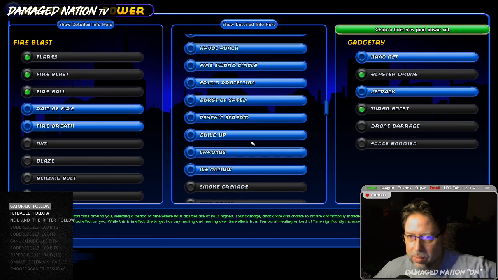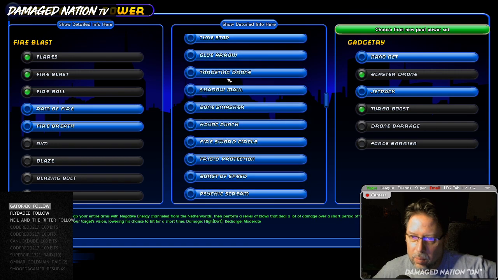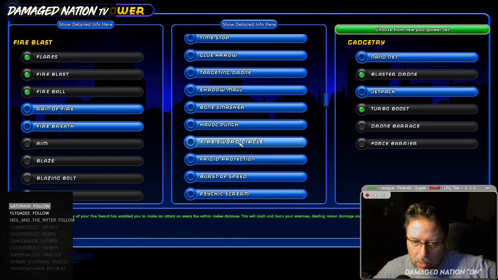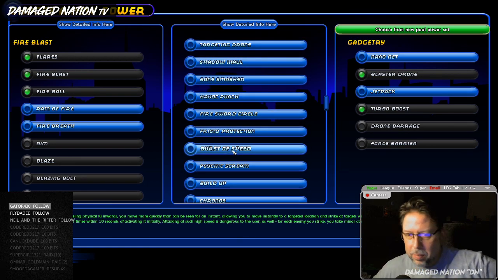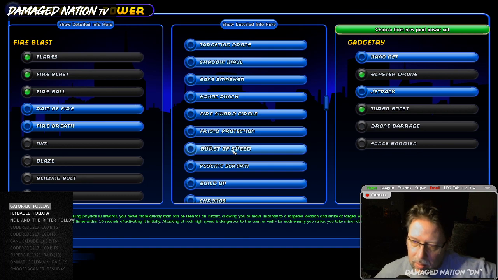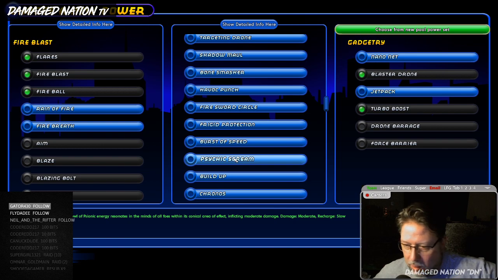We've gotten basically that next tier under secondary powers. You have a targeting drone we can add, the Shadow Maul, Bone Smasher, Havoc Punch. It's moderate. Burst of Speed I've never really used. I've seen it multiple times, but I don't think I've ever seen a player utilize it. It seems like an interesting idea, and I know you can move like 3 times within 10 seconds, and whenever you attack people, it deals some moderate damage to them, but you also take some damage in the